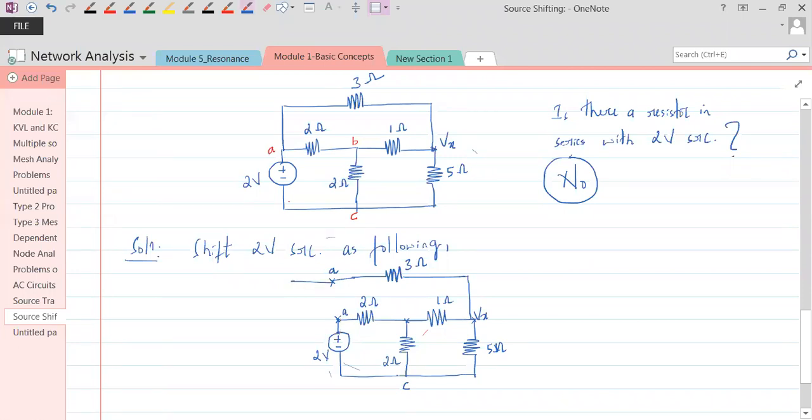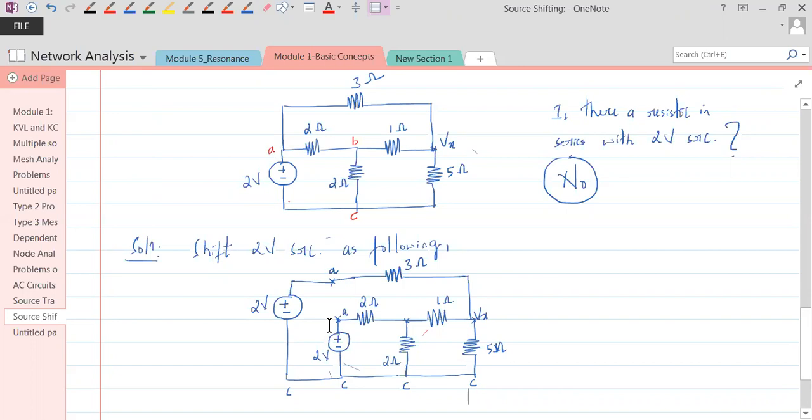So let me do that. Now that is also connected to the positive polarity of the 2 volts. Now what should happen to the negative polarity? C is connected to the negative of the 2 volts, so this has to be brought down and connected to point C. These are all point C's. Is everybody okay with this? I just split this. This point is also here. So instead of one, you will have two 2 volt sources now.